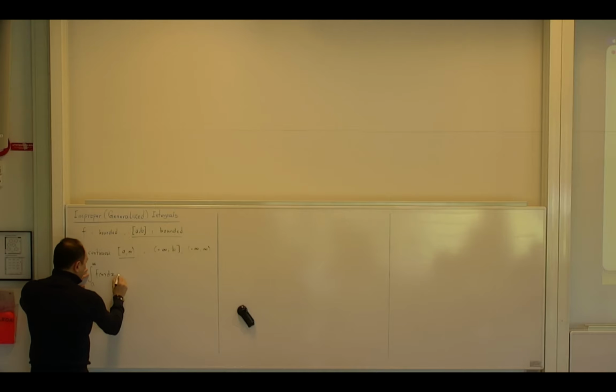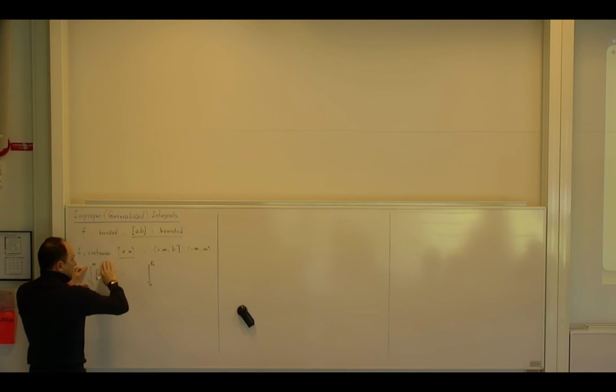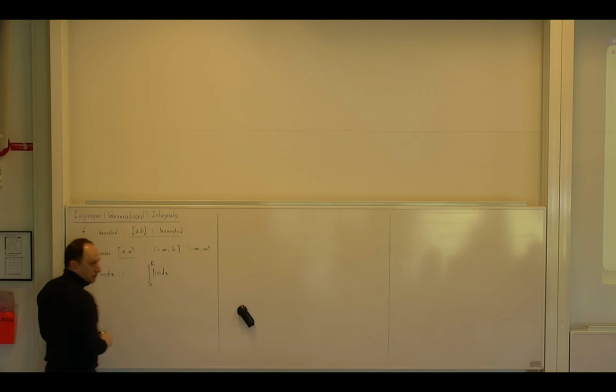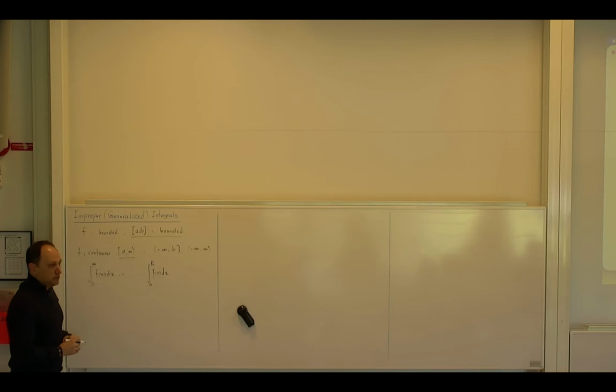This is a definition, so I put a colon equals. I replace infinity with a number r, assuming that r is a number within this interval, so r is greater than a, and then calculate the integral. But let me ask you one question. First of all, this is a standard definite integral, because the limits are bounded, so it becomes a number. But do you agree this number depends on what? On my choice of r. So in principle, this is a function of r.